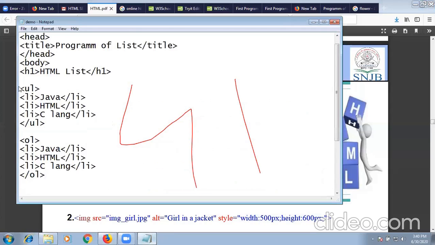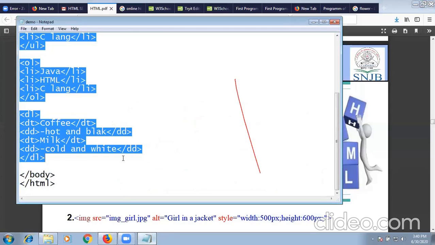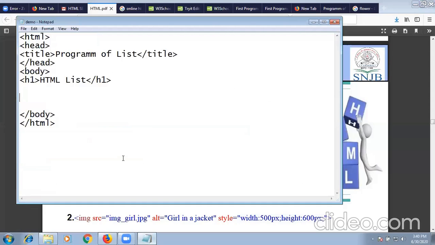Then I just remove all this listing because we have already done with it. Okay, now we are switching to the HTML image. So I will give the heading as HTML image. I will use image. Which tag we have to use? Image, img. Whatever we are writing into the tag, that will be your attribute. Which two attributes we are going to add? First one is source, second one is alt.